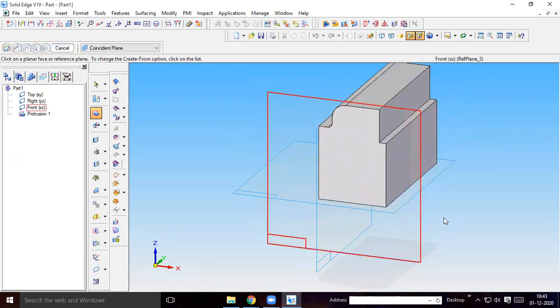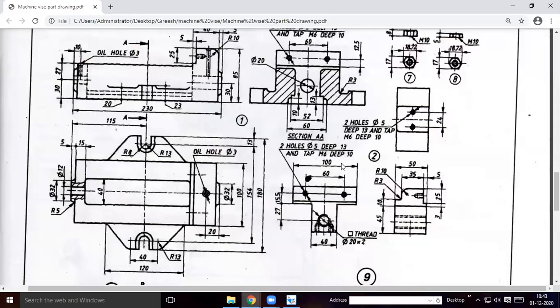So after creating this profile, you have to do the cutout. I don't want this profile to be 100 mm throughout. I have to remove this portion. So in the bottom, you take from the midpoint of the bottom line 20 mm on either side, 20 mm, 20 mm.